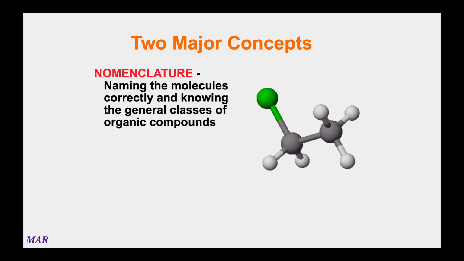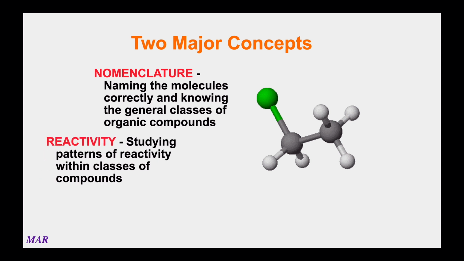In organic chemistry, there's two main areas that people focus on in the major level course. And remember that this is a year-long course, after Chem 223. So we're just going to barely dip our toe into this area and see what's going on. But anyway, when you think about organic chemistry, there's two main areas. Nomenclature is the big part. And nomenclature, like we saw in Chem 221, is just being able to name the compounds. So nomenclature of organic chemistry is going to be a big part of organic chemistry. You have to know what you're talking about, know which chemical to ask for, stuff like that.